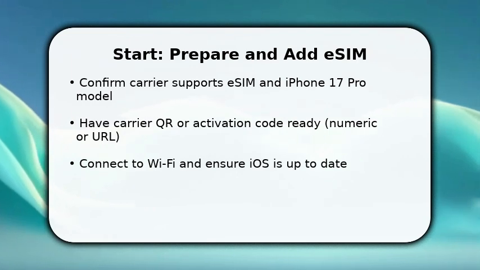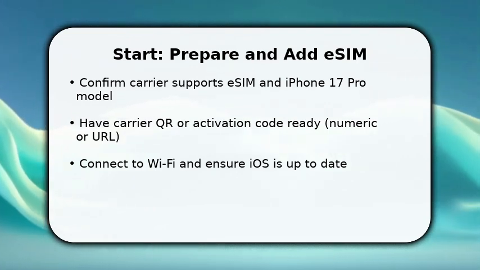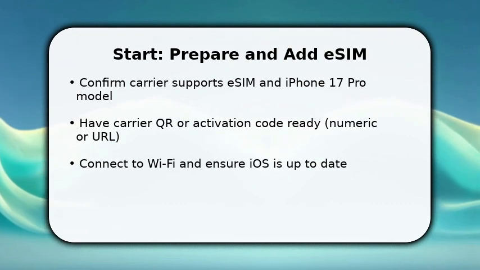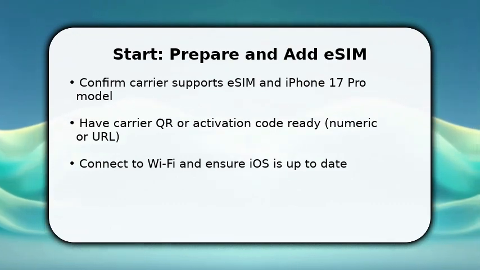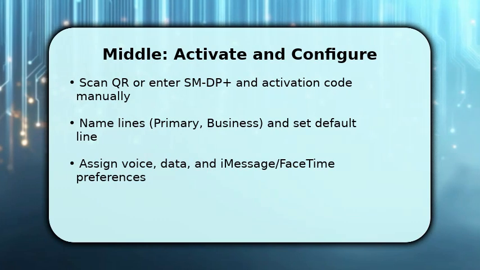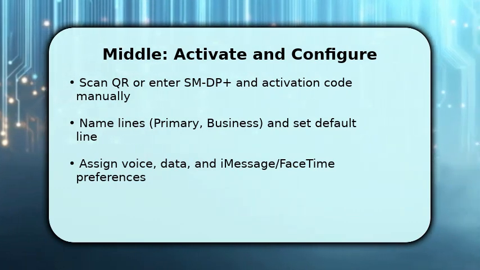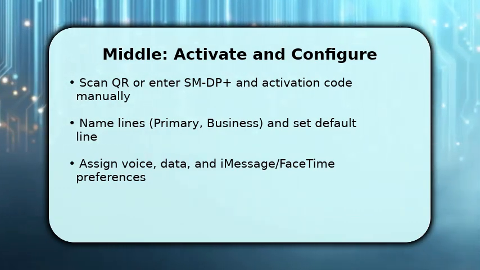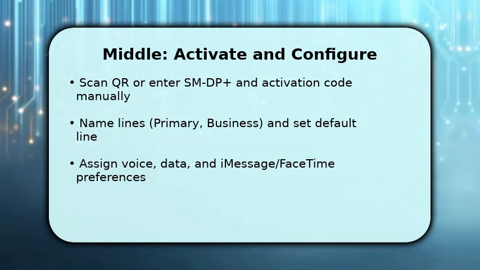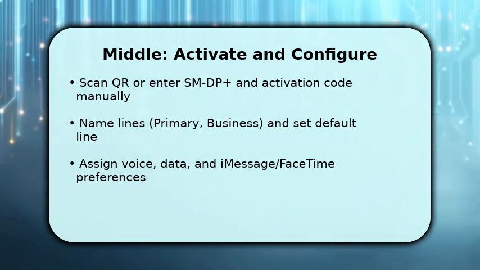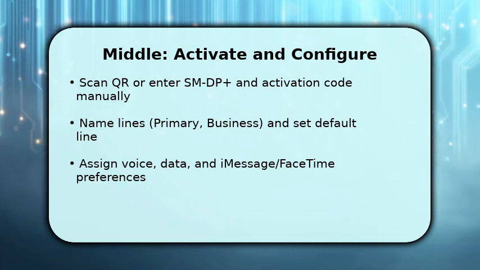Make sure your physical SIM stays active until eSIM is fully provisioned to avoid losing service. After you scan the QR or paste the SM-DP+ activation code, you'll see the new eSIM profile appear. Tap to activate. You can name the line for quick identification and set which line is used for cellular data